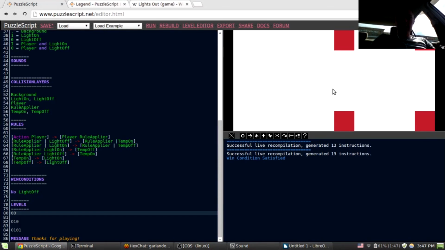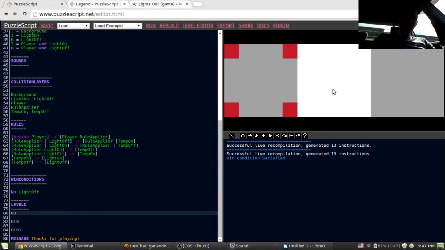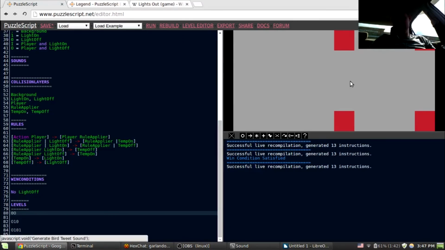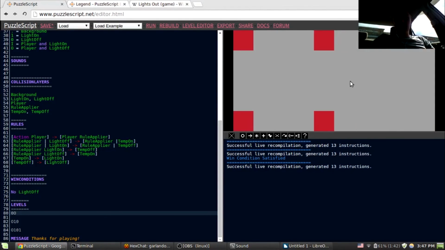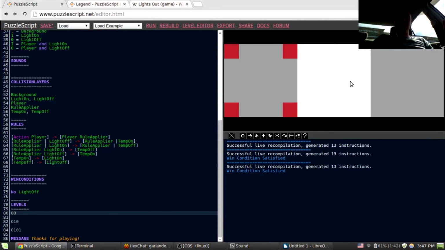And then, is that interesting? I don't know. If you're a new player coming at this, you'd say, okay, well, I can move around, I don't know what's going on, and I press a button and I go to the next level. It's a question of whether or not there's something interesting about that. Maybe there is,